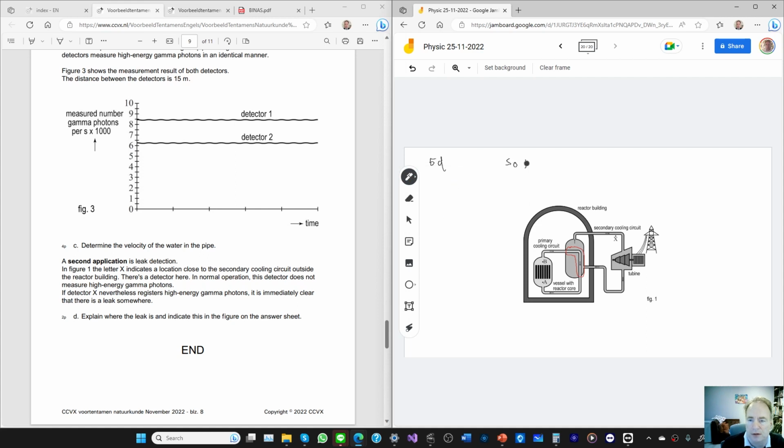So in the heat exchange between the primary and secondary circuit,